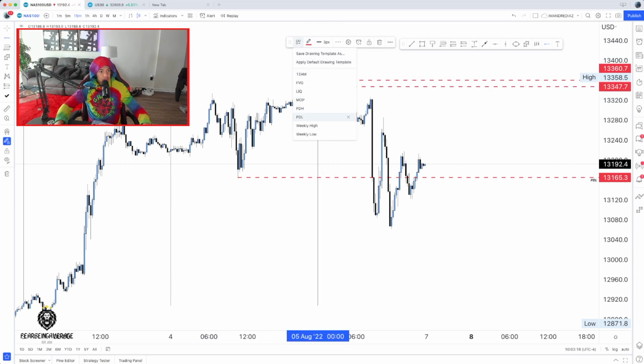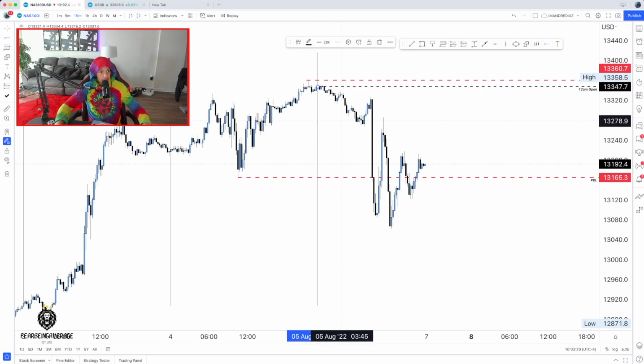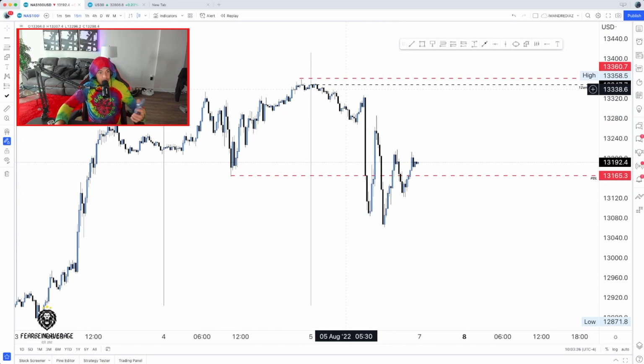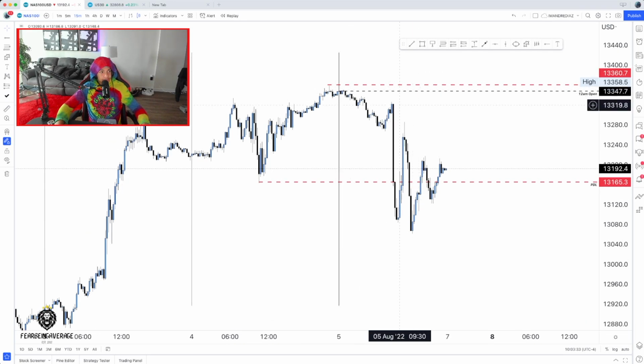As you can see, it was a pretty choppy day for the most part, besides this major trade here that happened at the NFP open. But for the most part, it wasn't a clean day, and that's why I didn't really take any trades. I think I took one trade, but I closed it out at break even because I didn't want to be in the market for these conditions. But that's said and done.